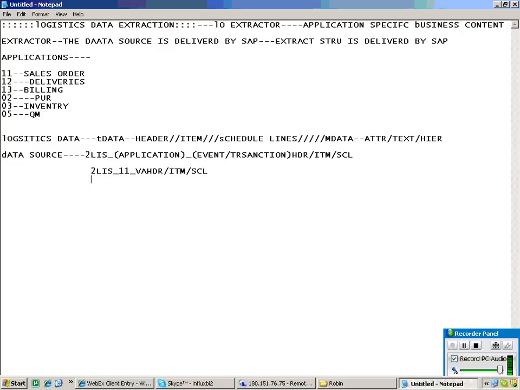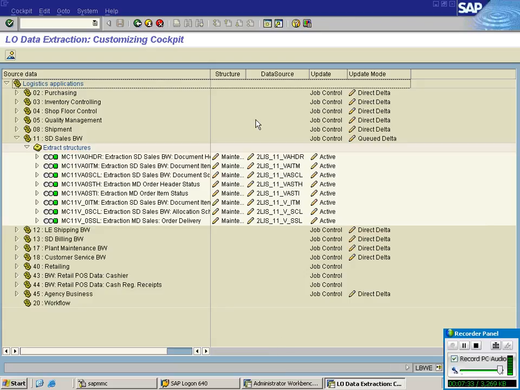If it is deliveries, 2LIS_12, application number 12, and the transactional event is VC. It is header, item, schedule line. We need not worry, it is delivered already.